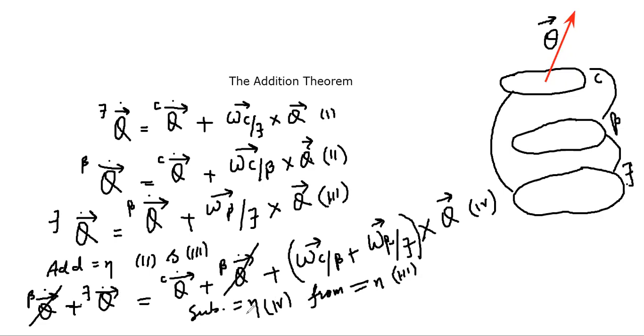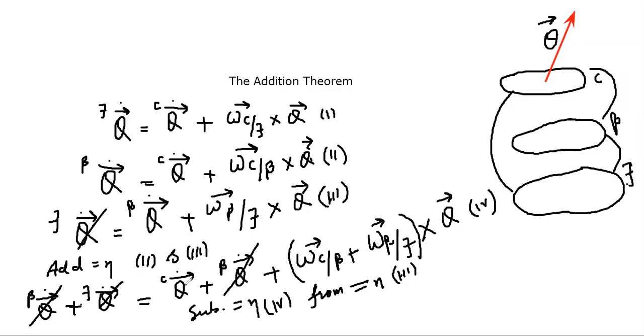Okay, so let's now subtract equation 4 from equation 3. So this will be the derivative of q with respect to ground. As we are subtracting this equation from this equation, this term and this term will cancel. That is, this and this term will cancel. Okay, then we'll be having the derivative of